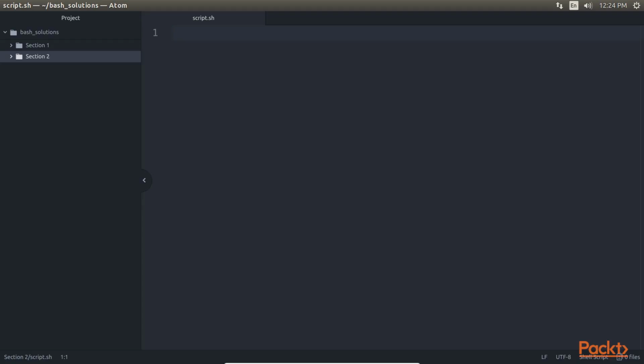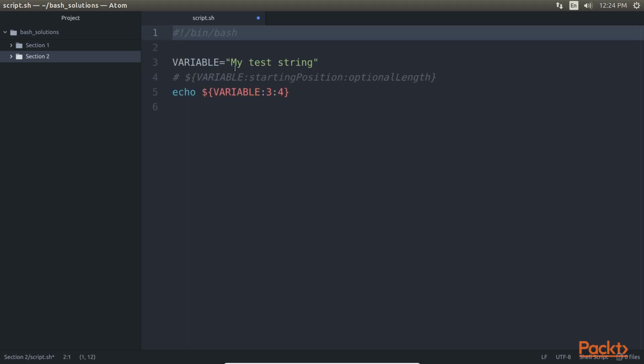For that, we need to create a new script file and name it script.sh and add the script content into it. As you can see, we have already created the script.sh file. We will directly add the code snippet into it and understand the code in detail. Here we can see a special way of calling special substring functionality, as you can see from the syntax in the highlighted part of the code,